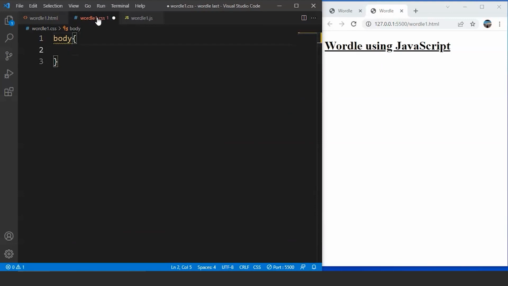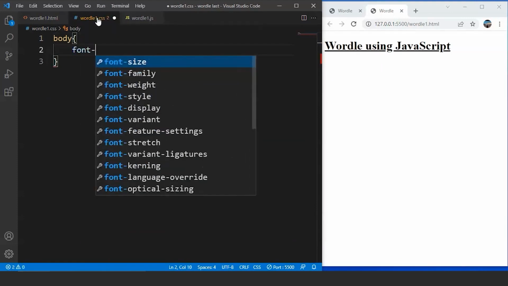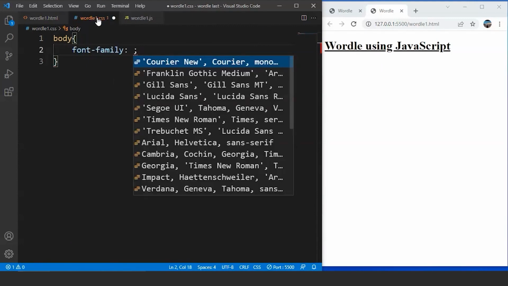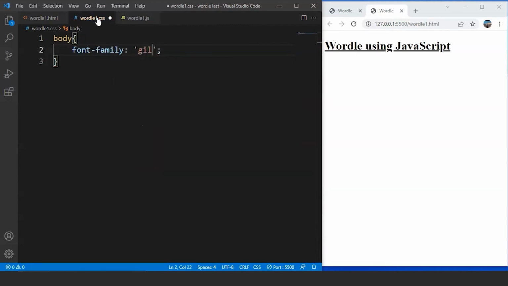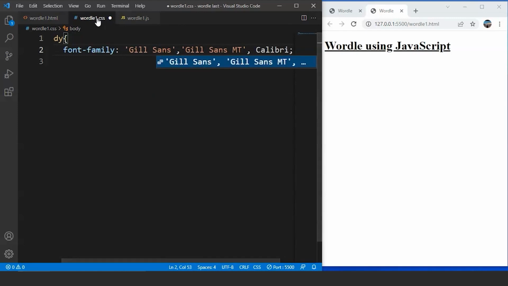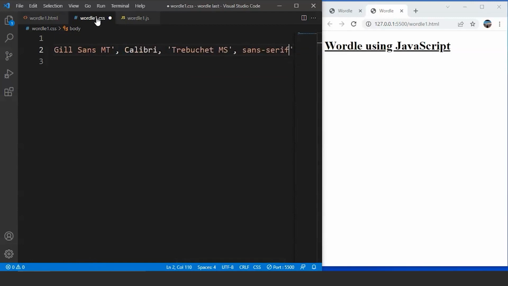whole web page. So we'll write here font family. So font family is going to be Gill Sans, and then we'll write here Gill Sans MT, sorry. And then we'll write here Calibri, and then we have this over here. So we'll write here Trebuchet MS, and then we have sans serif over here. So here we are done with this,